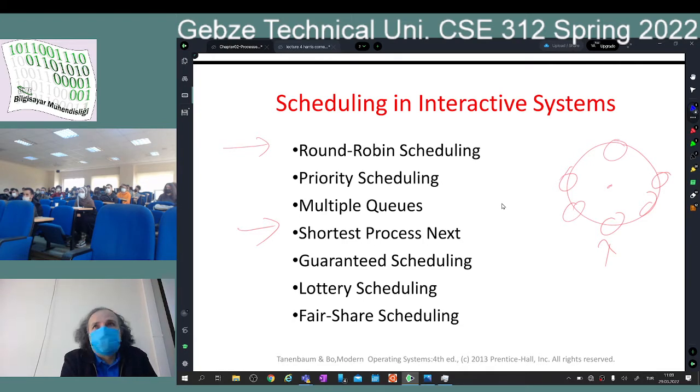Okay, any questions? So the motivation is definitely very different from the batch systems. It is all interactivity, staying interactive. Staying interactive means priorities and the quantum time. Okay, if there are no questions, let's move to the last